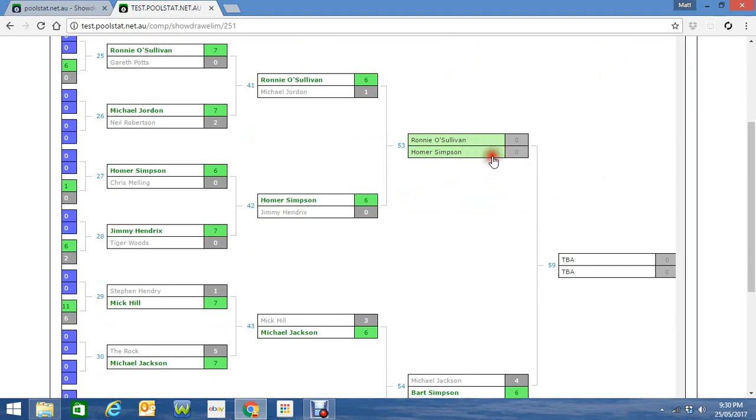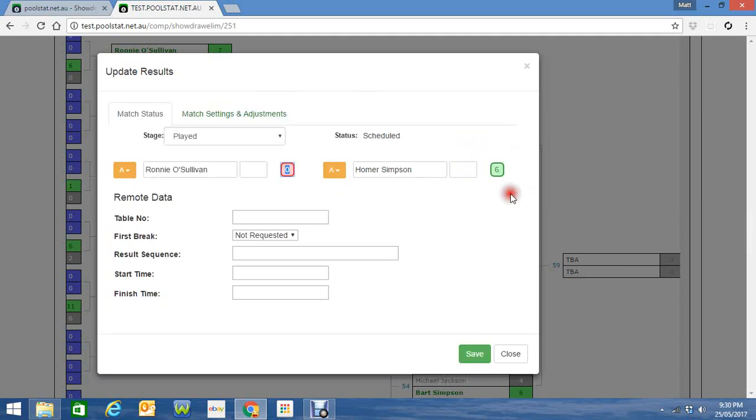In this instance, I'm going to click on Homer winning. So you've got to click on the score. In this case, it's 0 because it hasn't started. On Homer, and that's the person that will allocate the win. It'll pop up this page here, which is the same as before, but it's got none of the data from the live scores. And as you can see, it's put the 6